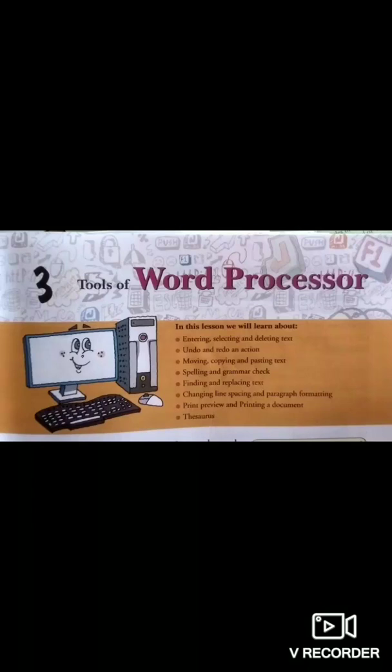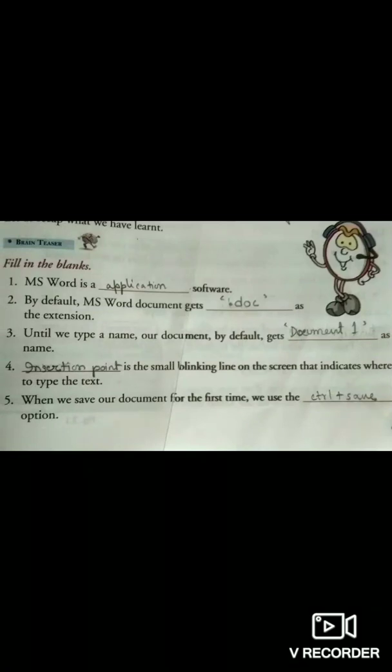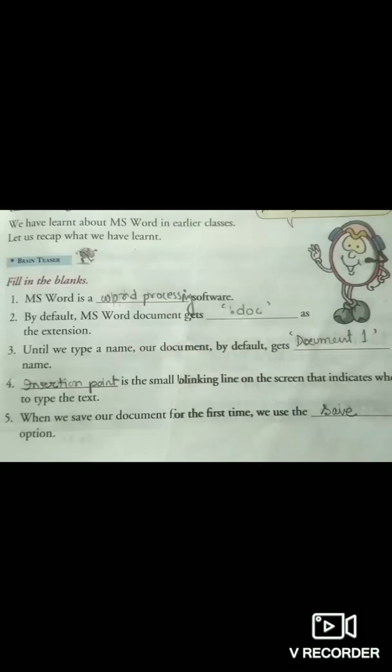First of all, I need to explain some questions which you have in your book on page number 33. You can open your book and follow page 33. The questions are the fill in the blanks, before starting the chapter, let us recapitulate. Let's do the fill in the blanks, as I have done here also, and I am going to repeat. Just check with your book and do it in your book.